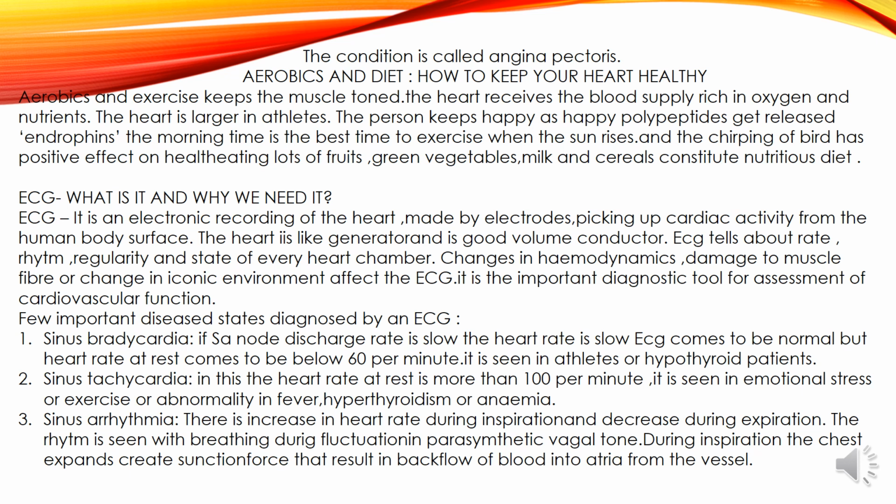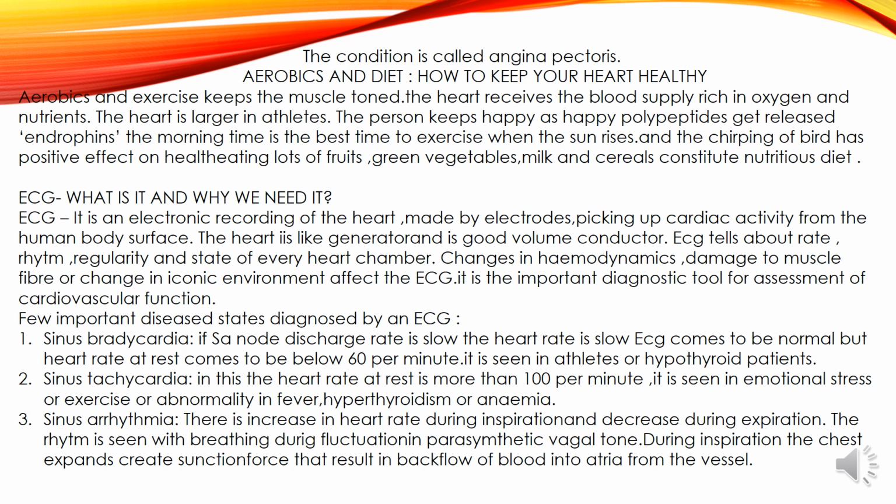A few important disease states diagnosed by ECG. Sinus bradycardia: if the SA discharge rate is slow, the heart rate is slow. The ECG comes out normal, but the heart rate at rest is below 60 per minute. It is seen in athletes or hypothyroid patients. Sinus tachycardia: in this, the heart rate at rest is more than 100 per minute. It is seen in emotional stress, exercise, or abnormality in fever,